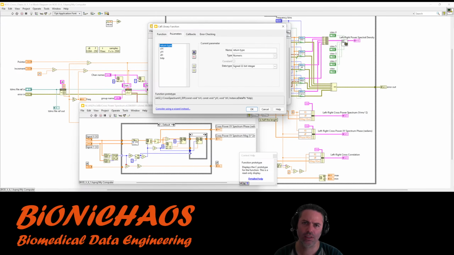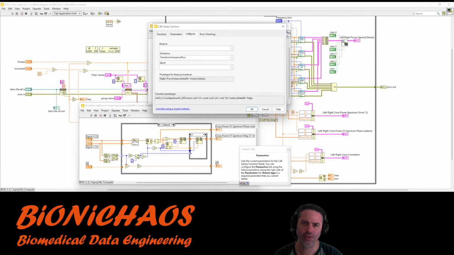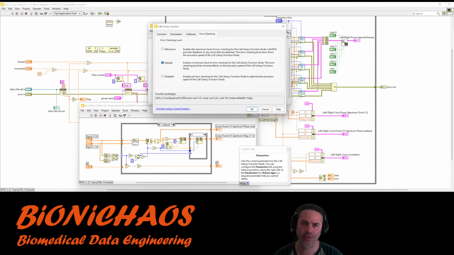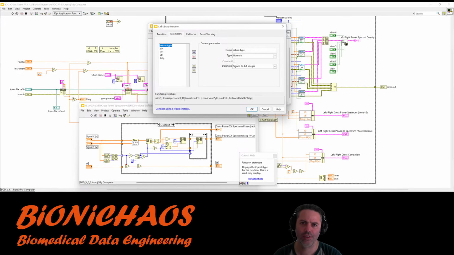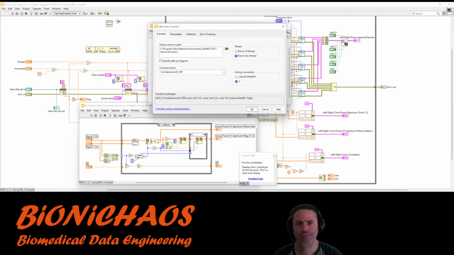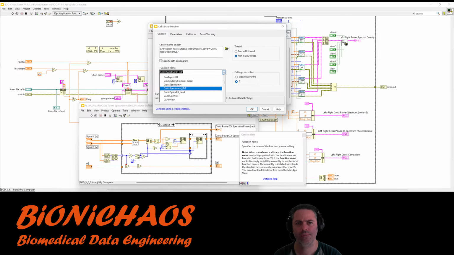See, it's calling the C command. See, they're using a wizard instead. Okay.